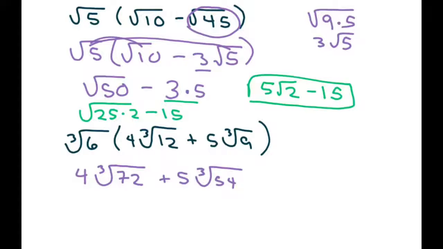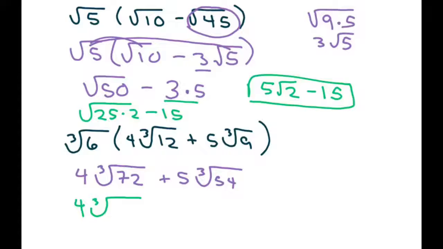And then what we want to do is try to find our cube roots of this. So we have, let's see, 4, and how can we break up 27, and 72, and if I do 8, that's not going to work. So let's,